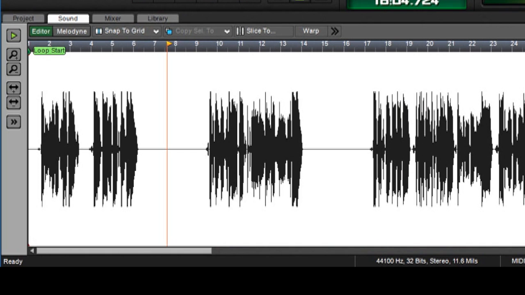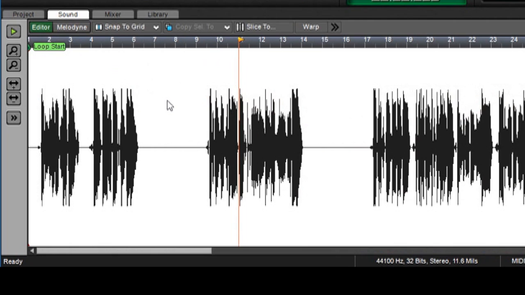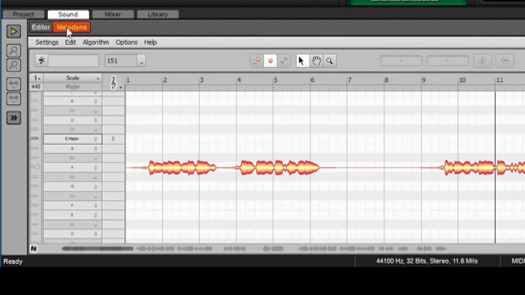And now I can double-click on this, and it opens up in the standard editor, which you can see right there. This is the standard waveform editor, and I can play it like normal. So now we're going to go into the Melodyne functionality, which is this button right here. So here we can select between the regular editor view or Melodyne, and if I click on Melodyne, here's Melodyne,